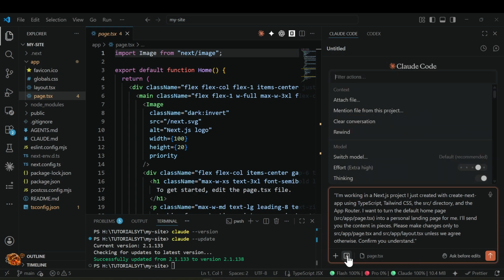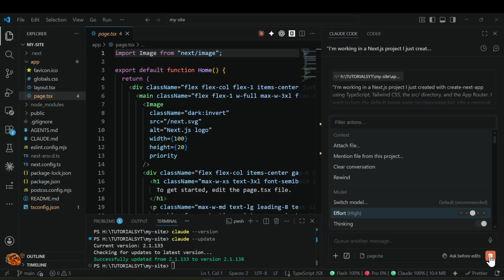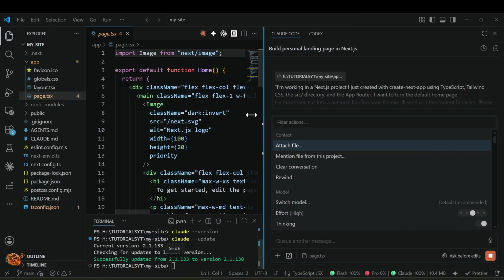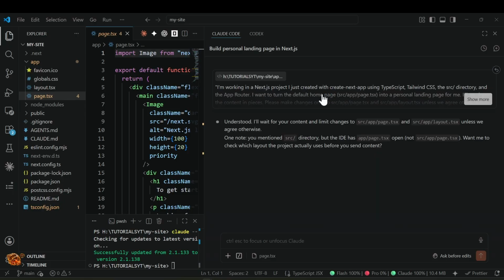You can set the mode for thinking to be high or low. You most of the time can get away with high thinking. If you get to a complex problem, consider increasing the level of thinking time and the level of effort. Then just click here.